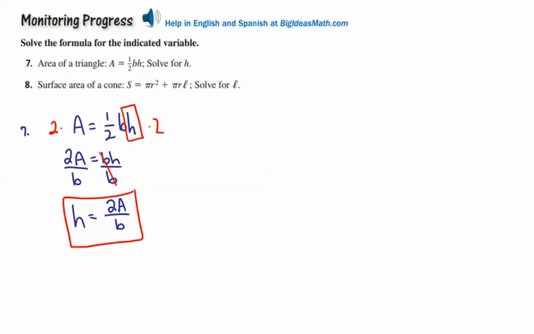The surface area of a cone. I certainly did not remember that on my own, but they give it to you here, is S. The surface area is equal to pi r squared plus pi r times L. And I believe here L is going to be the lateral height of the cone. The lateral height of the cone means the length from the sides of the cone, from the base up to the